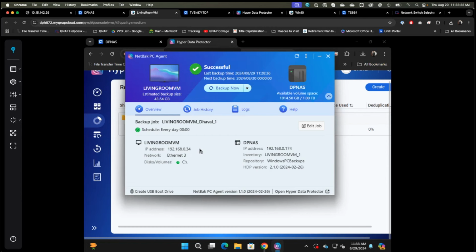Another question is not with Hyper Data Protector, with Hyper Backup. I'm pretty sure you mentioned Hyper Backup Sync. For example, when I back up data on an external drive or devices or cloud, does the SCD encryption go with the backup? No. Because the SCD drives remain on the NAS itself, it does not back up